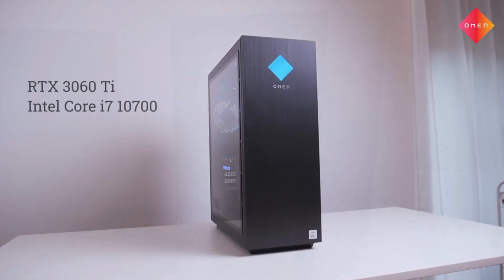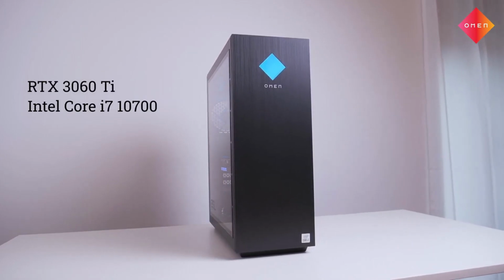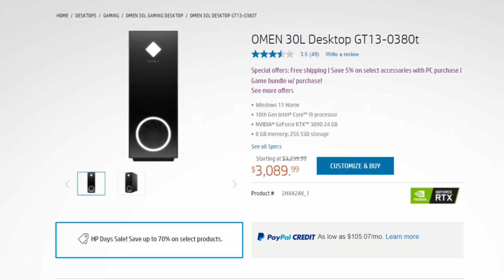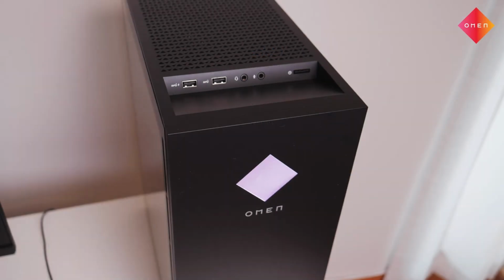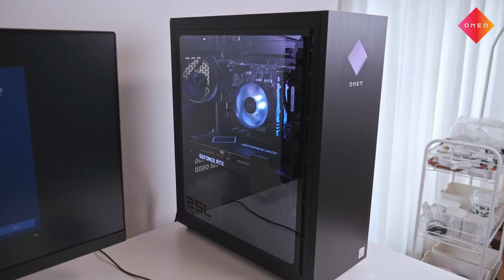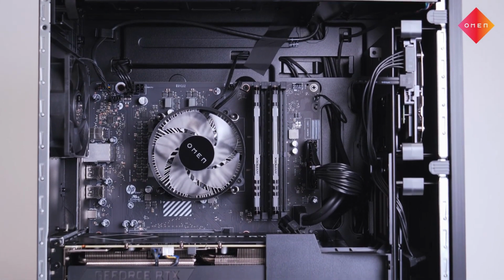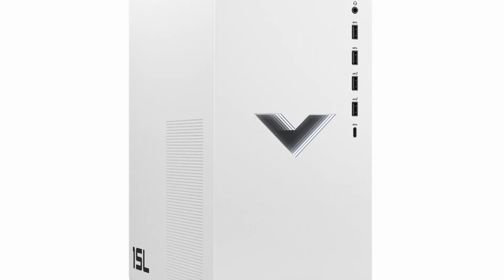So if you're going to buy a gaming PC from HP, I think the best PCs that you can buy are either the ultra budget and budget options or the highest end gaming desktops. I wouldn't go with a medium end gaming PC like the Omen 25L or the HP Pavilion gaming desktop at $1,500, mainly because of the upgradability and the airflow. But if you're going to buy a gaming PC from HP, I think the budget options such as the Pavilion with the 1650 Super or the Victus 15L with the 1660 Super are great options to start gaming,